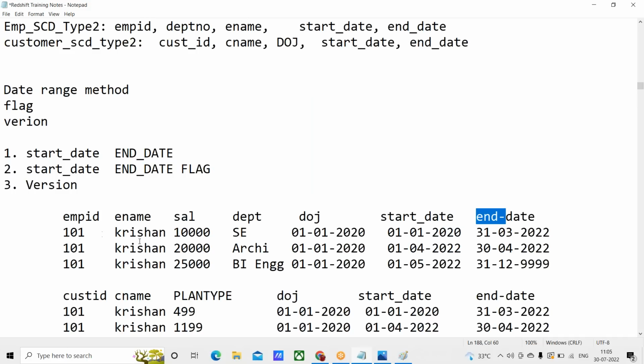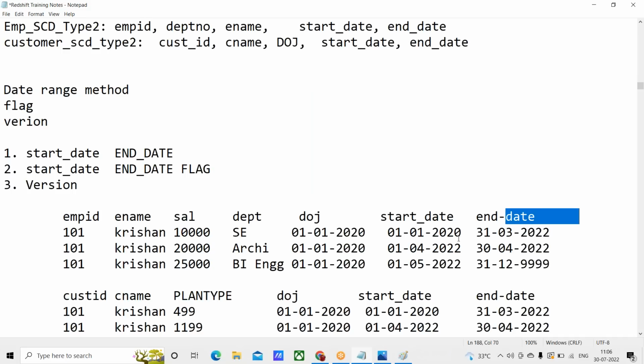So when you load it, employee 101, name, salary, department, date of joining, and the start date will actually be the joining date, or the hire date. Start date will be when the employee started working here. So his joining date will be the start date, and end date will be